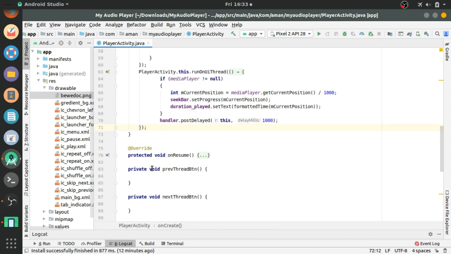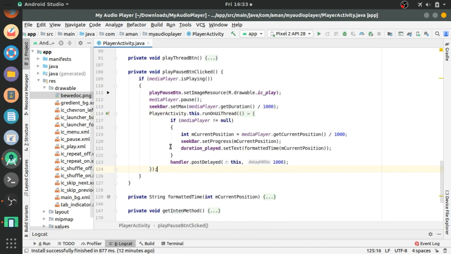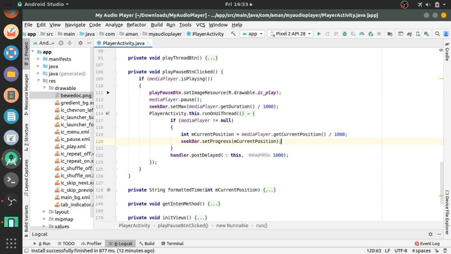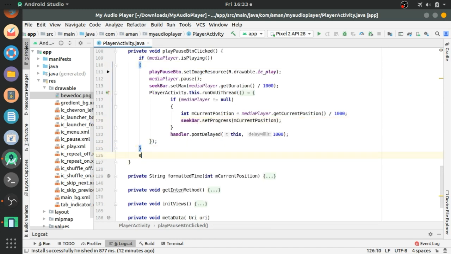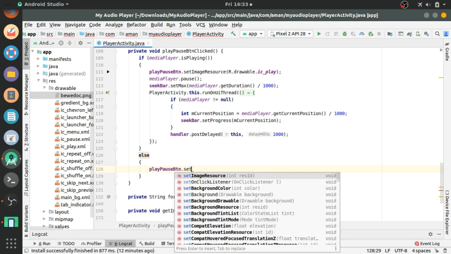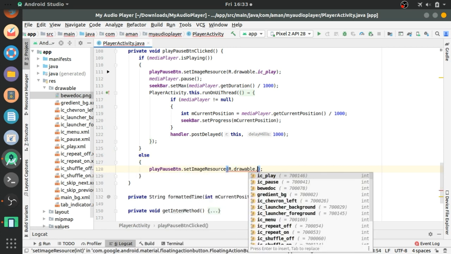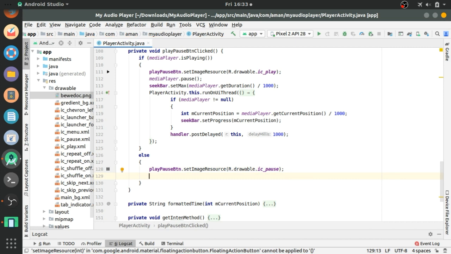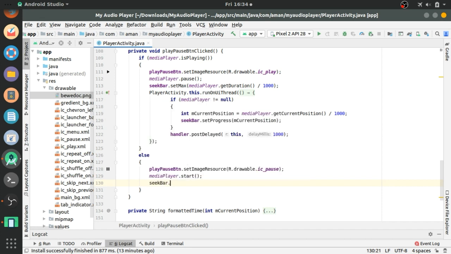Copy this from the onCreate method and paste. After this, just delete the text view line, and in the else block we will have playPauseButton dot setImageResource R dot drawable dot ic_pause and mediaPlayer dot start, means the media player was not playing, so we are resuming from there.